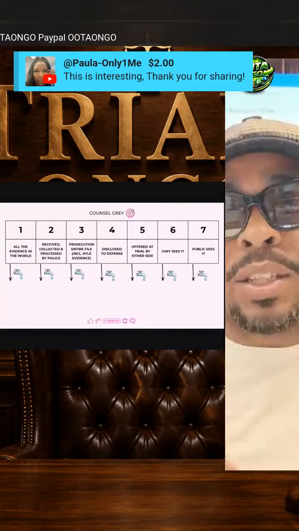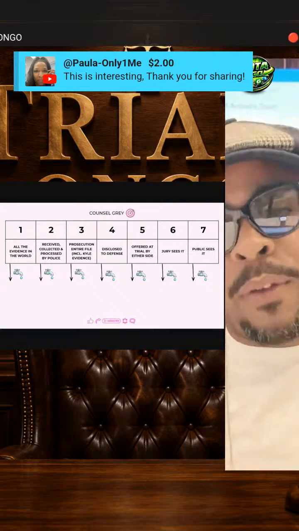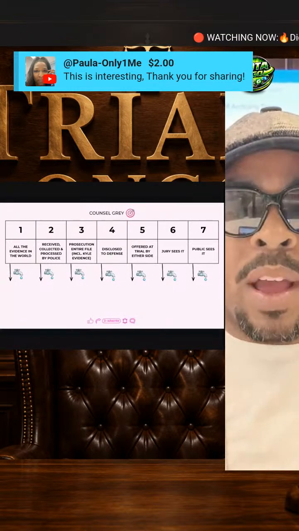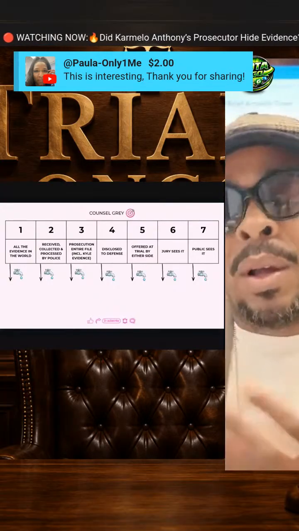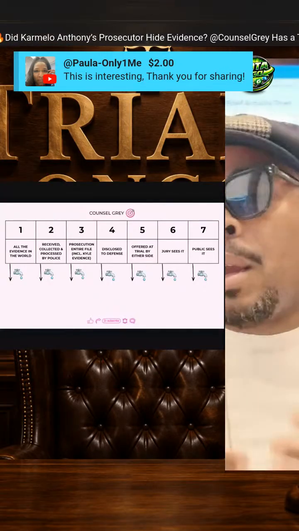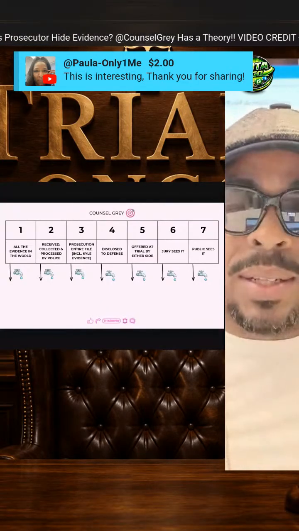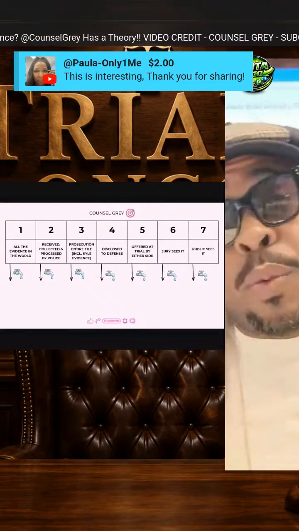Just gauging where your thoughts are at with a few questions, all right? So I just want everybody involved and very interactive in this case. This is a very polarizing case. A lot of us are very emotionally attached to this case. So we just want to get down to what the facts are.